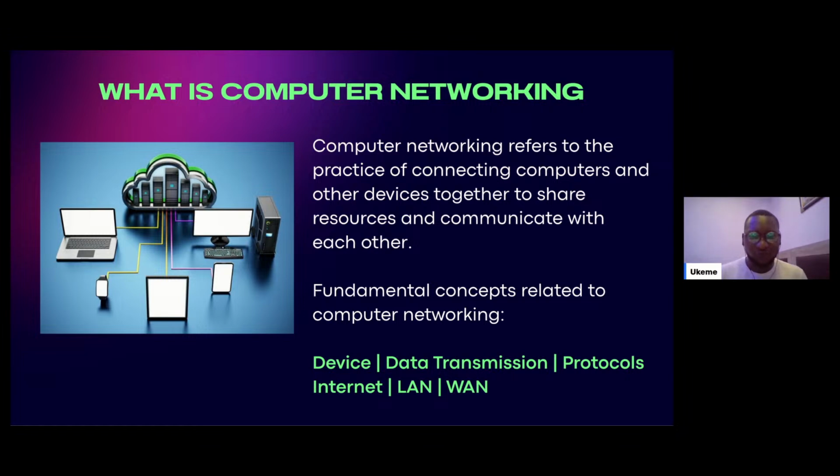Then we have the LAN and the WAN. LAN basically is your Ethernet connection, your wired connection. I think it's called local area network, I can't really remember the acronym. That is basically your Ethernet connection, your wired connection. And then you have your WAN, which is your wireless connection. Anywhere you have Wi-Fi or anything that connects and communicates without, well, I won't say anything.